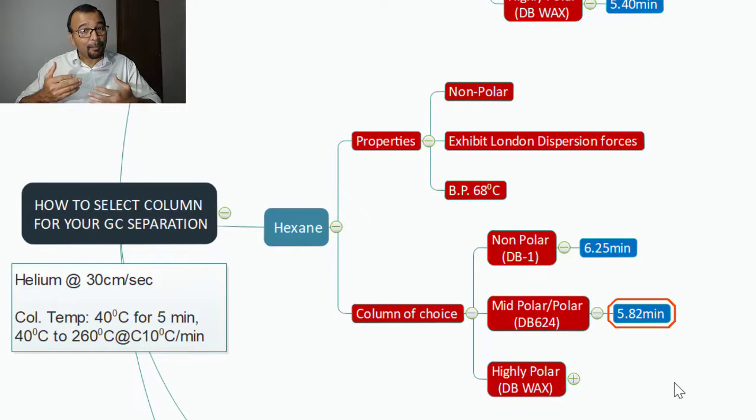Does hexane have any capacity to develop hydrogen bonding? It does not, and because of that, the hexane will never interact much with the DB-wax stationary phase. Out of this, you can expect the least retention time for hexane on the DB-wax, only 2.05 minutes. With the help of this data, you can easily understand which one is the better stationary phase in your application. I would have gone with the mid-polar stationary phase like DB624, but it again depends on the actual application.